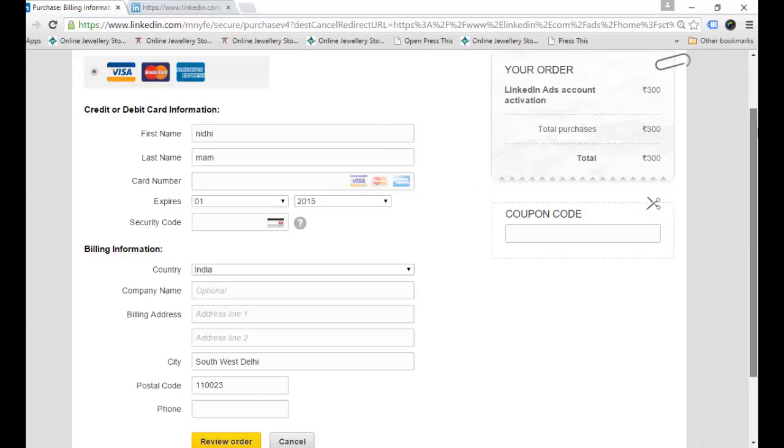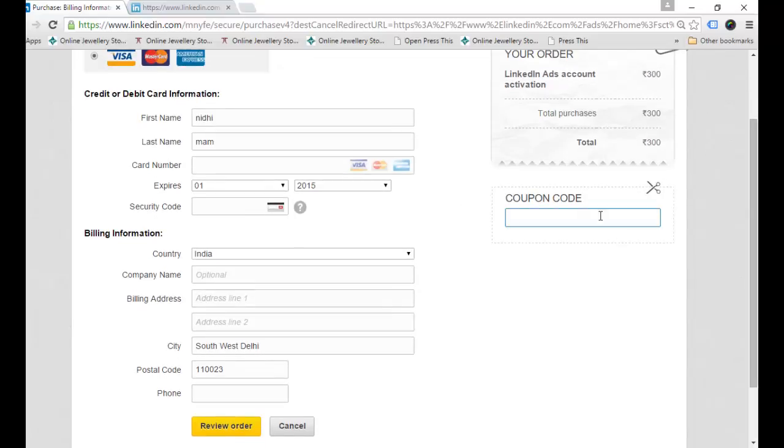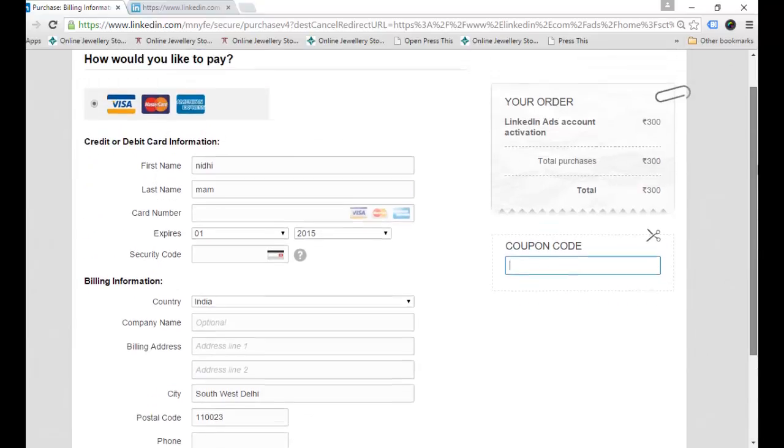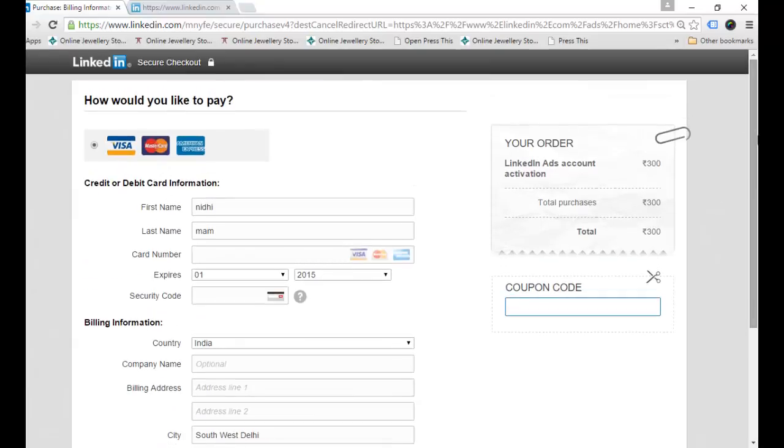Once you pay the amount, if you have any coupon code, you enter it here and then select review order. This is how we can run our advertisements on LinkedIn. You enter your details and after that start running the advertisements as we run on Google and Facebook. This was the way we can promote our business through LinkedIn.